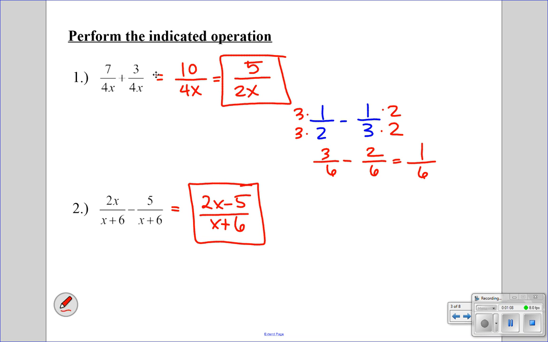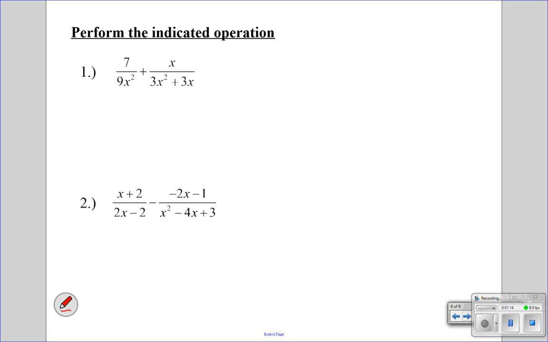This same concept is going to be applied for our rational expressions. So if we go to this first one, what I want to do is factor first to see what our denominators are. So the first one, I'm going to do 7 over 3x times 3x plus x over 3x times x plus 1. Now, we have a 3x in both denominators, but we do not have the same denominators, so what we need to do,